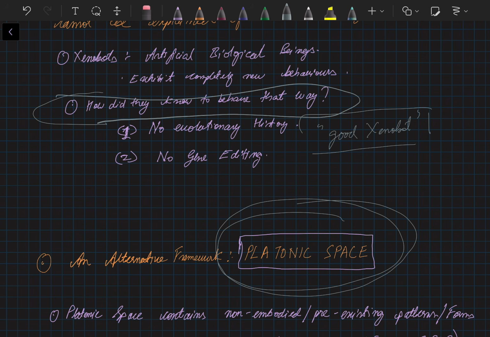Okay, so that was a very basic explanation of what a Platonic space is. Now let's start with an example that Michael Levin gives as to how organisms use the patterns that exist in the Platonic space. The first example that Michael Levin gives is that of cicadas. It's a kind of insect that stays